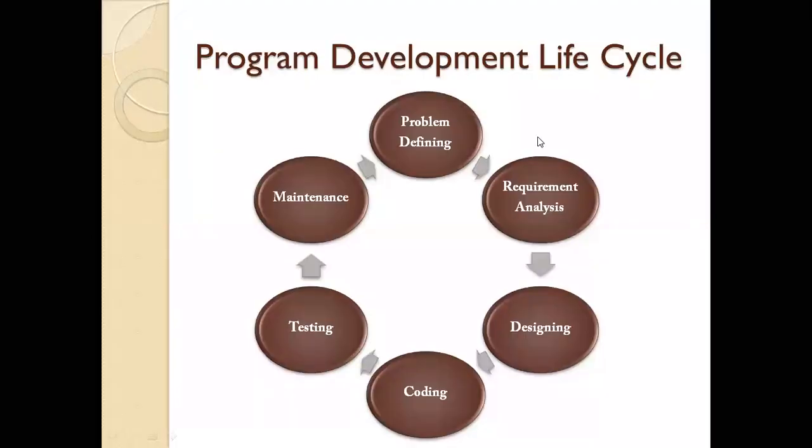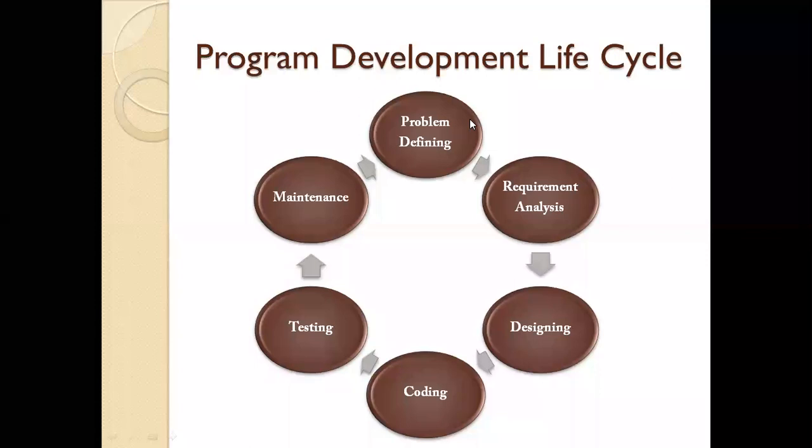So this is the last part of the chapter which we are starting today. This is basically the program development life cycle. In the next chapter, we are going to start the programming actually. And in this chapter, we have learned what are the steps which we need to follow before writing the code of any program. So before writing the code, we have created an algorithm and we have